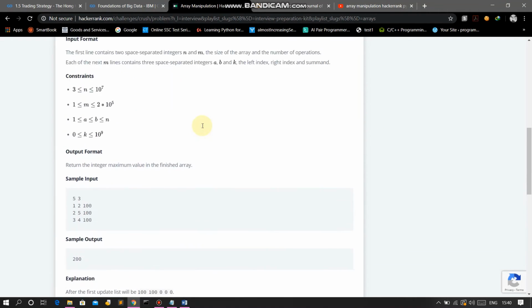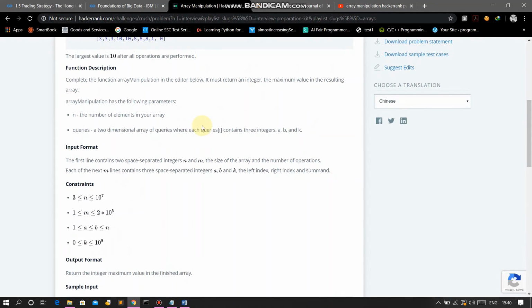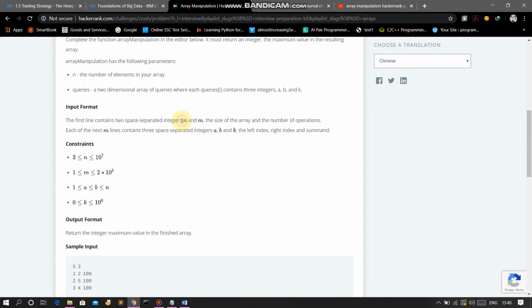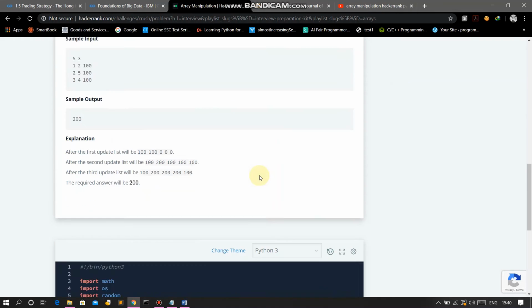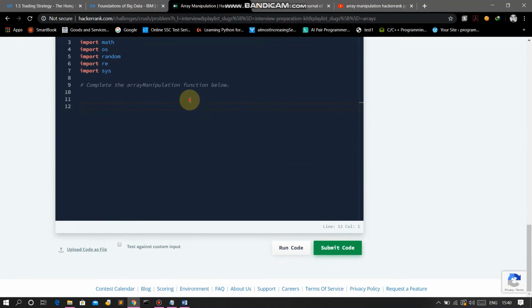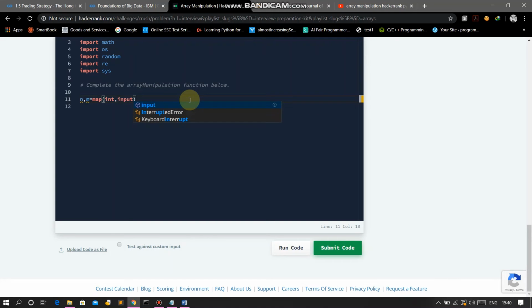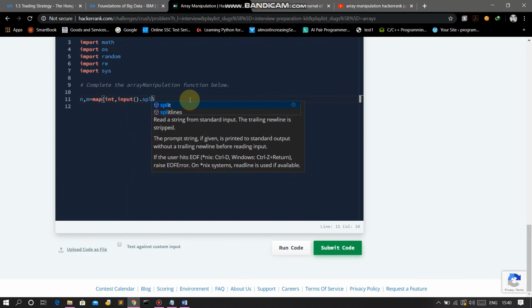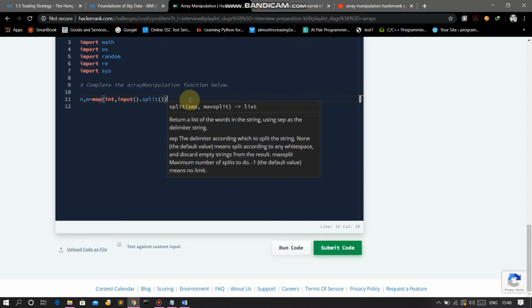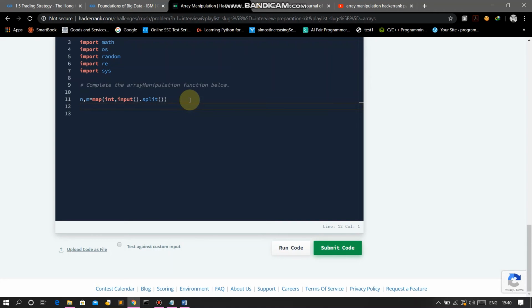Firstly we will see the input format. The first line will contain n and m, so n, m = map(int, input().split()). In the next line we have to take the queries.